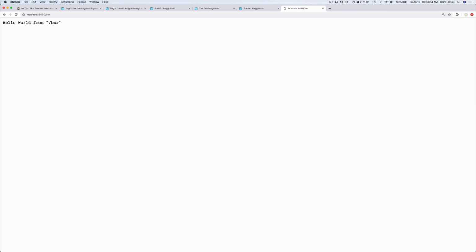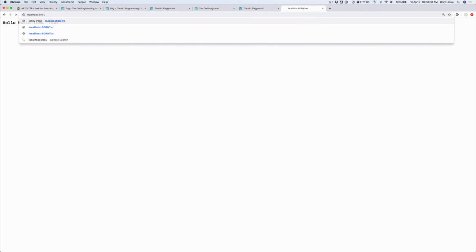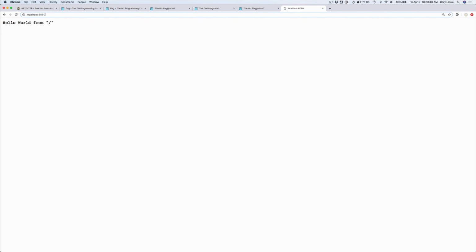And if I go back out to the index, there we go, right? That works now. Now what happens if I go to foo this time? Gives me a page not found. Now this is what I want, right? I only have one route defined, so I only wanted to respond to that one route. So this is actually what we want to work.